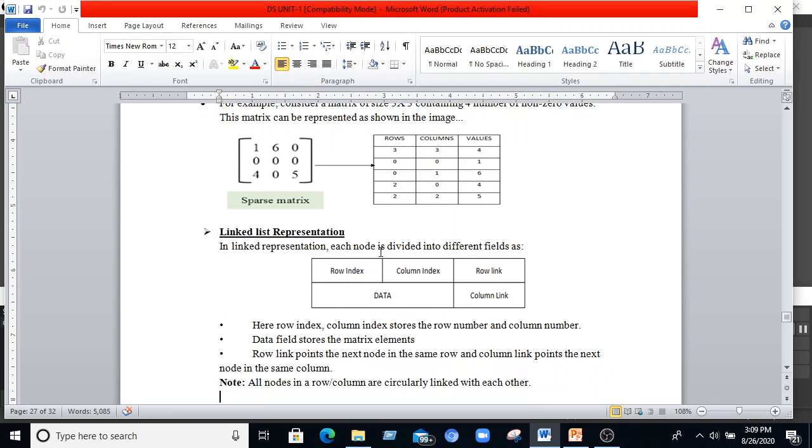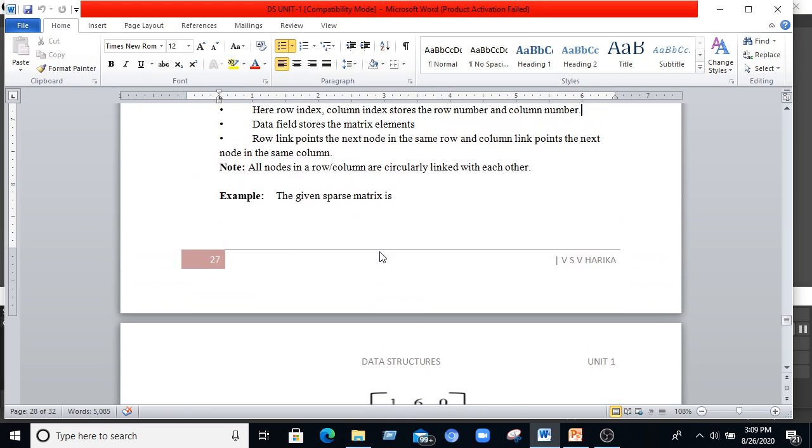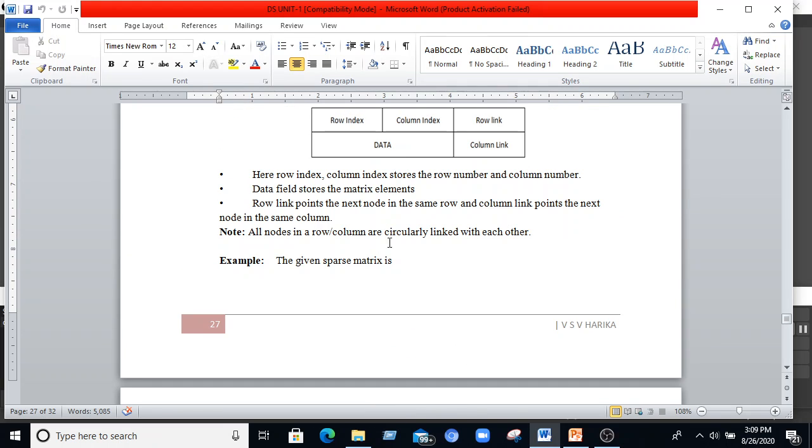By using the linked list representation, each node has the row index, column index, row link and column link too. Here row index and column index store the row number and column number. Row link and column link specify the addresses of the row and column too.